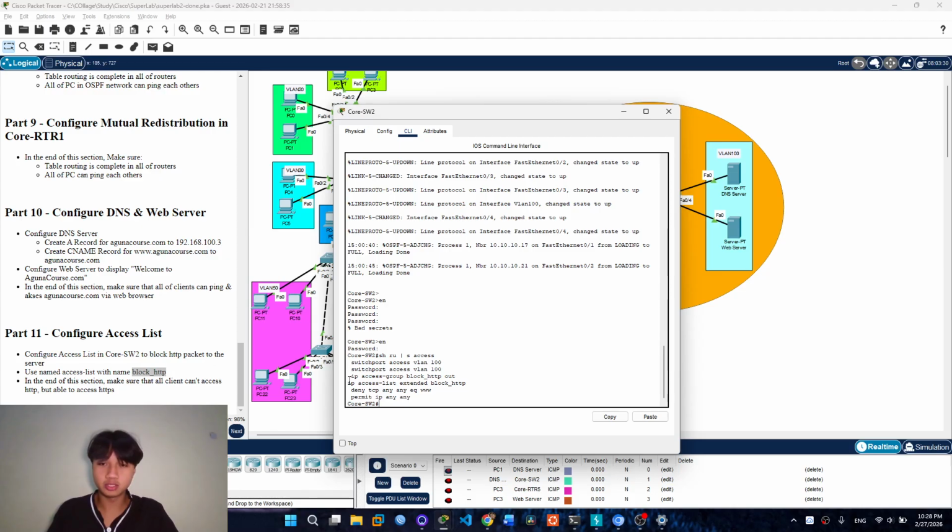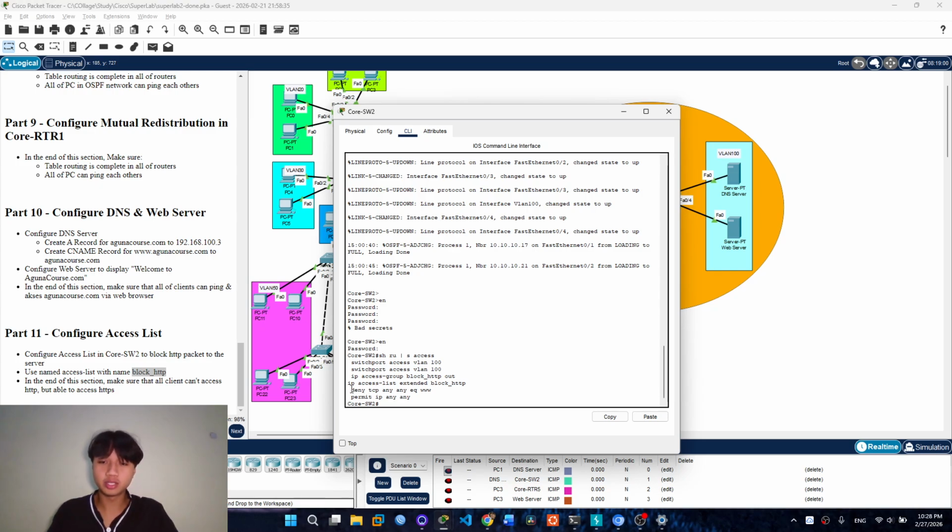We must set it with the command ip access-list extended, because 100 to 199 are extended access lists. If you want to use a named access list, you must configure it with this command, and after ip access-list extended, you set the name of the access list, for example block_HTTP.